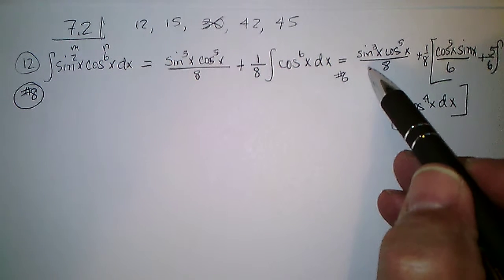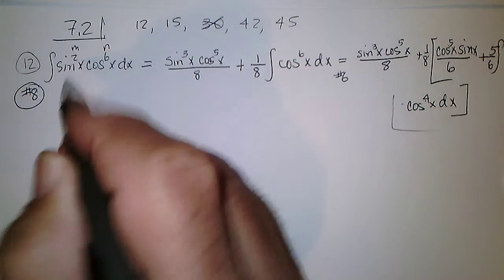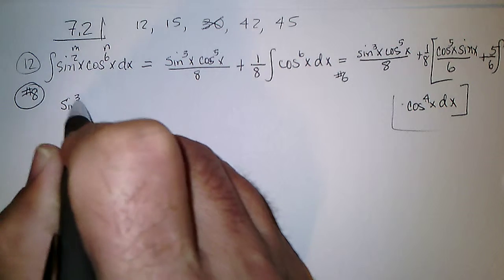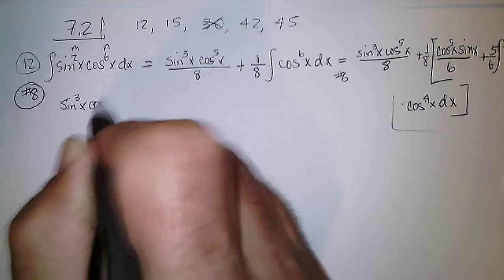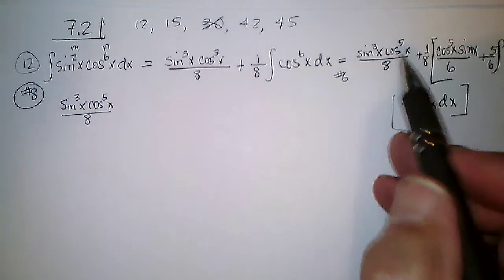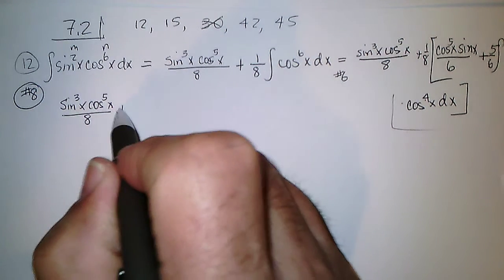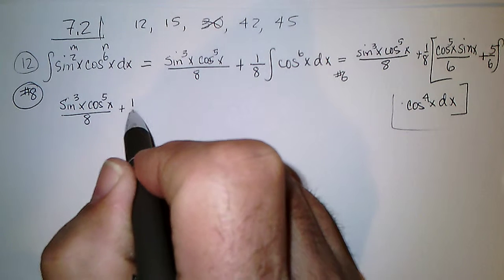So now we've got to be careful to get everything here. So we have the sine cubed x cosine to the 5th x over 8. That's coming along with us. Then we have plus 1/8